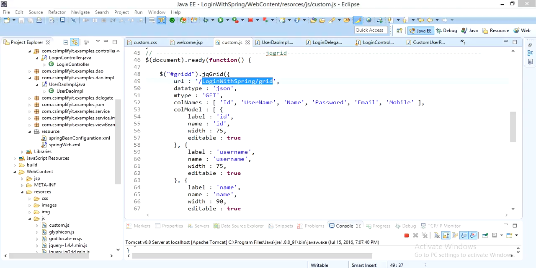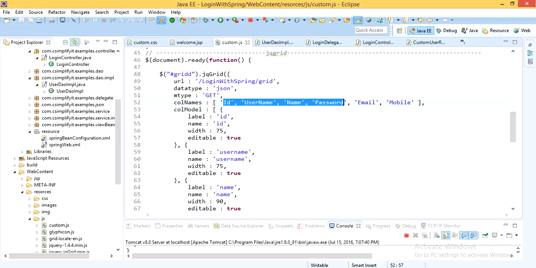So this is my controller, and this is my column data, and this is label and name and width and true. This is the grid table, which means we have to set edit true to make it editable.